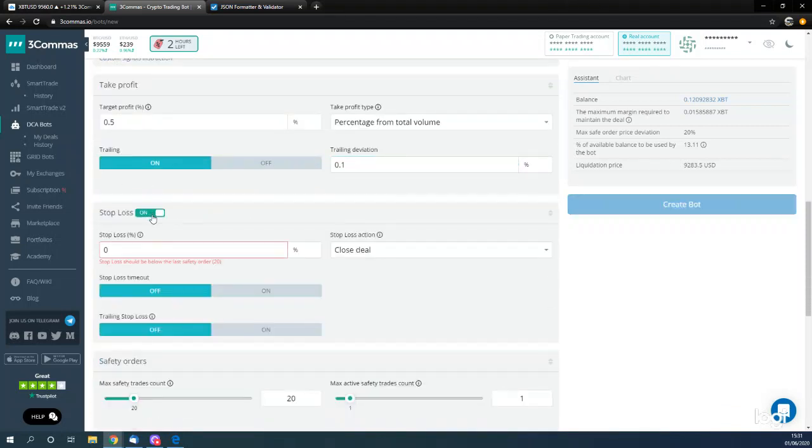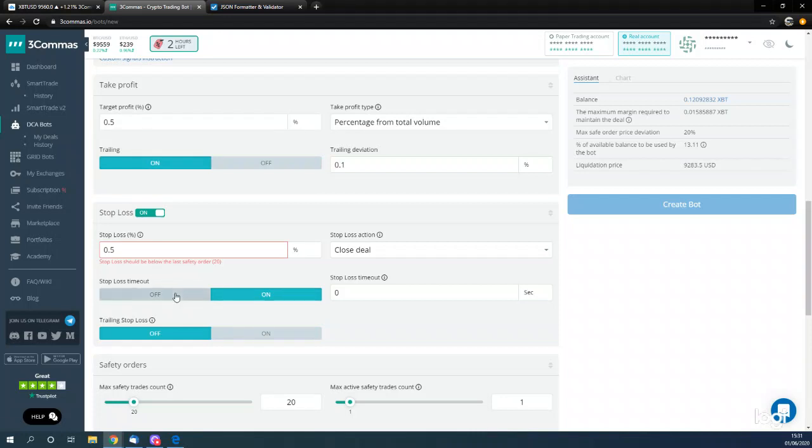So obviously we're going to have a stop loss. Our stop loss is going to be 0.5%. That's going to close the deal. We're not going to have a stop loss timeout. What a stop loss timeout is, that means if you get a spike down and the market basically collapses for like a certain amount of time and then wicks and gets back up, it's just not going to hit your stop. But I actually really don't like that as an idea,